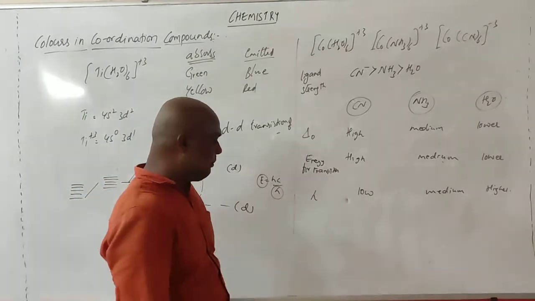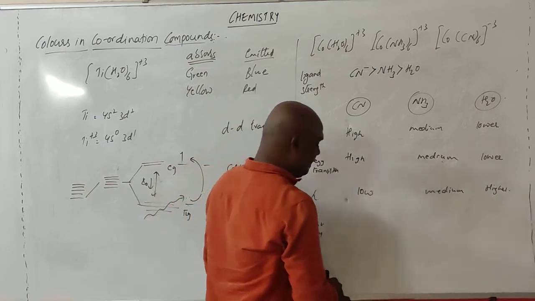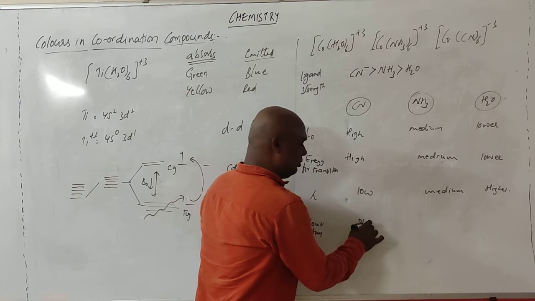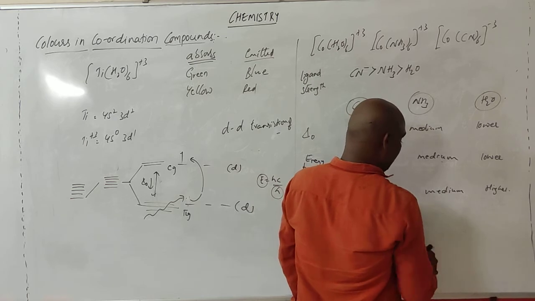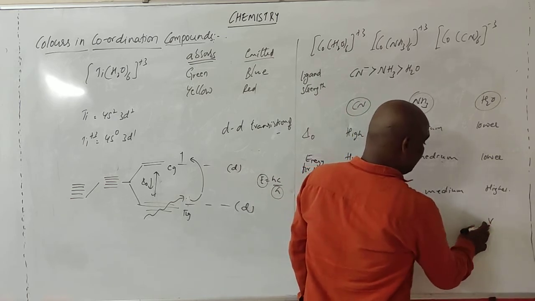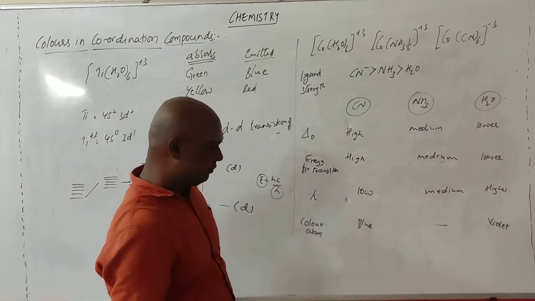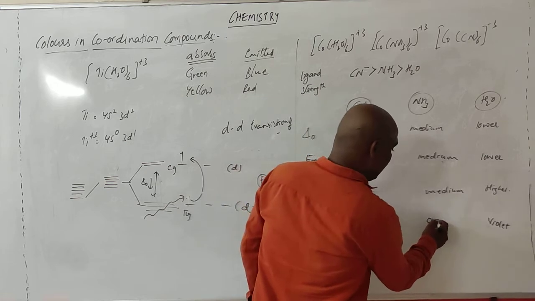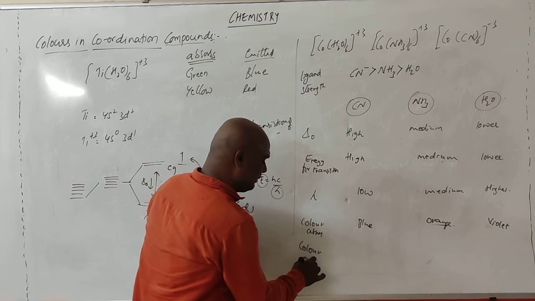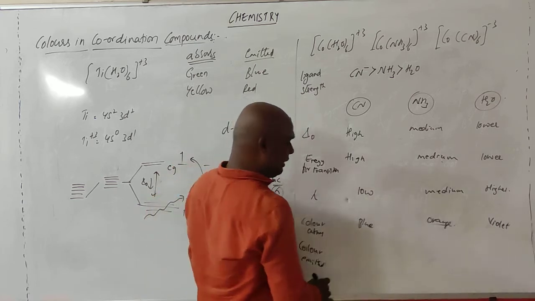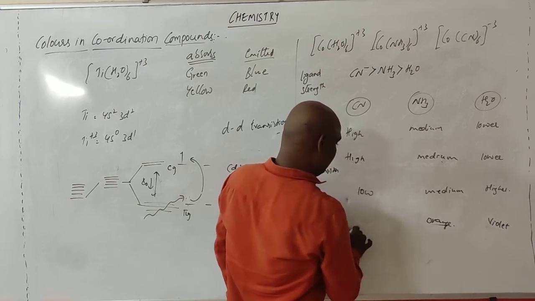And if you go for the light absorbed, something like color absorbed, something like blue. Don't take exact ones, go to your material. This is something like orange. This is violet. I didn't know what this color is. This is something like orange. Okay, and the color emitted? What is the color emitted? Something like orange.